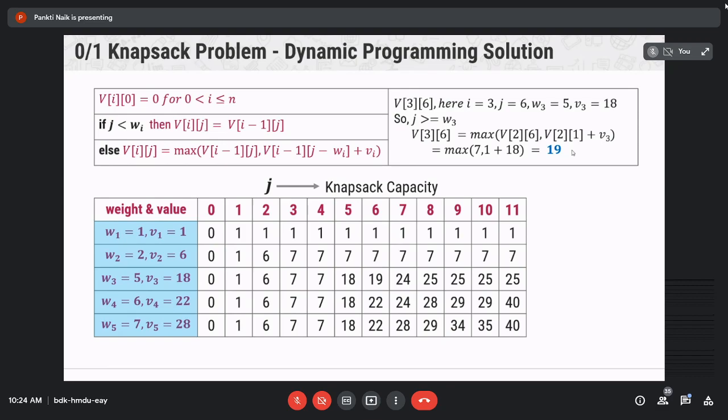Right, after solving all the values for the table, your table should look like this. And when you complete the table, please write down "done" in the chat box so I can continue with further calculation.